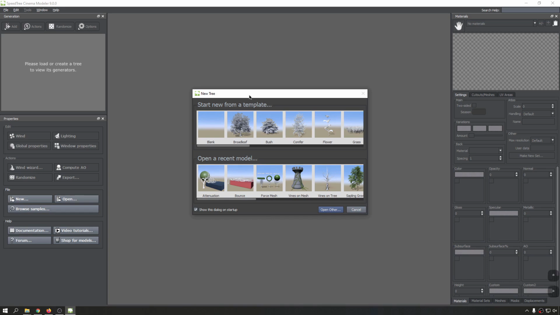Hello, and in this course we're going to learn a lot about SpeedTree. The main target students for this course are the beginners who really want to deep dive into SpeedTree to learn creating amazing trees. But also intermediate students will find value from this course. And what's nice about this course is that